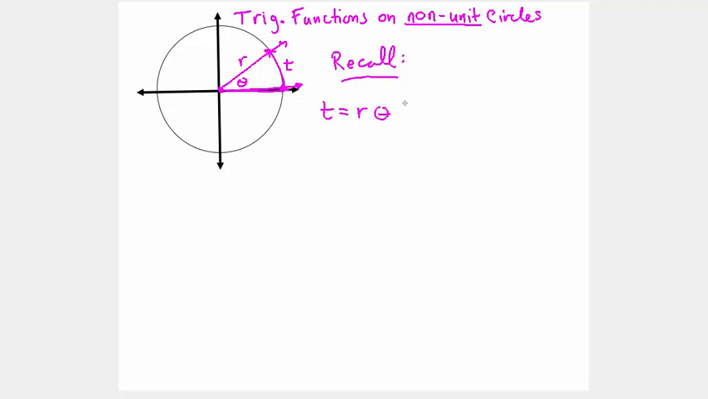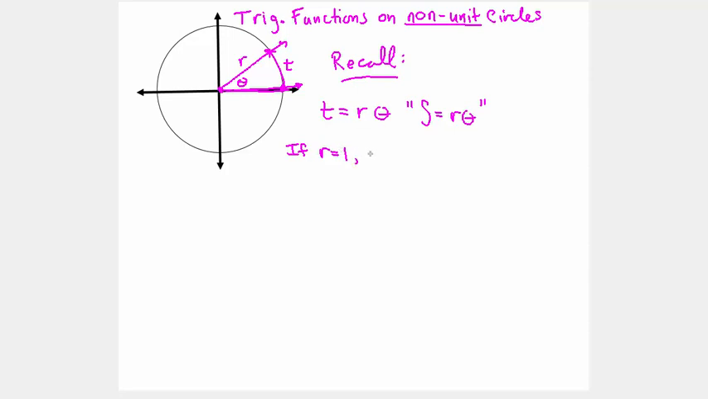Now in the book you'll also recall that this is commonly written with S instead of T, so you might see S equals r theta. S is designated for arc length. We've also been using T for arc length, so either way is fine, but T might look a little more familiar right now. Now if r, our radius of the circle here, is equal to 1, then notice what happens